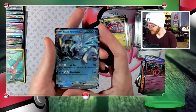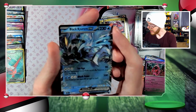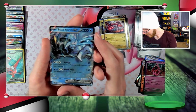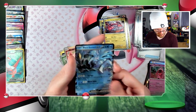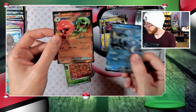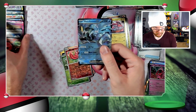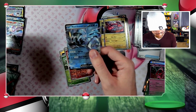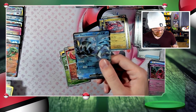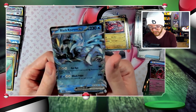Oh, hey, hang on. This is such dynamic art. Maybe it's the fact that it's drawn, and I feel like so many of the other EXs are 3D renders. Look how much better the drawn art looks. Oh, wow. The same for the Flamigo, and yeah, these ones look... Yeah, I don't like the 3D renders on the art. It makes it feel cheap. But this, I don't even know how good this...